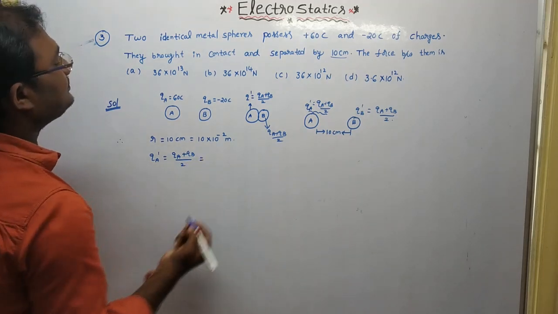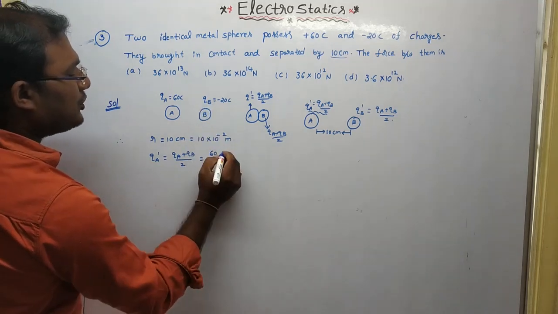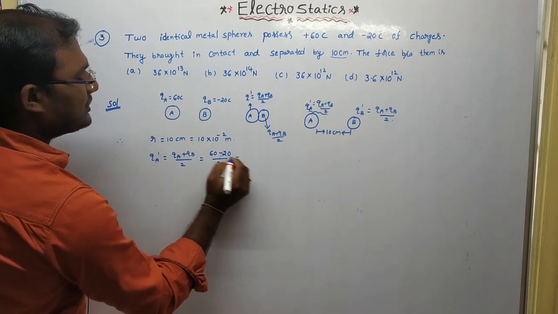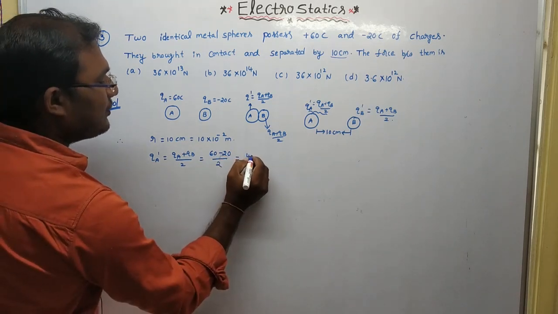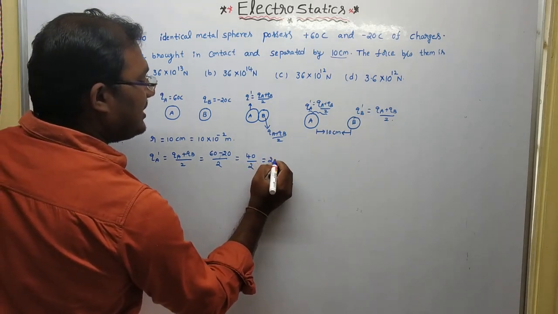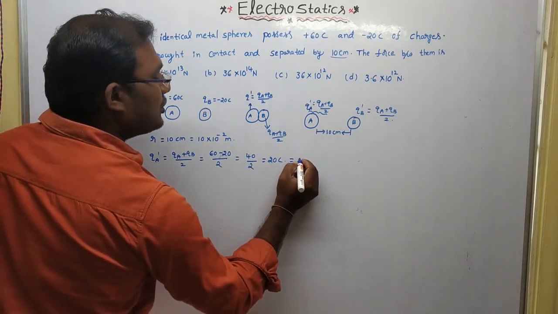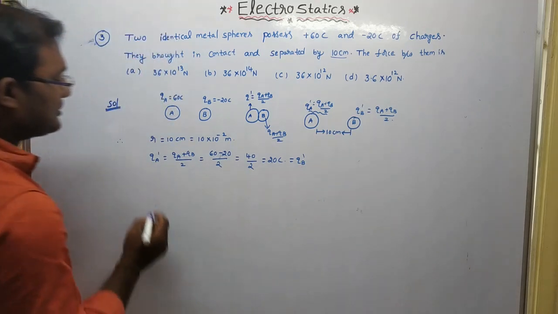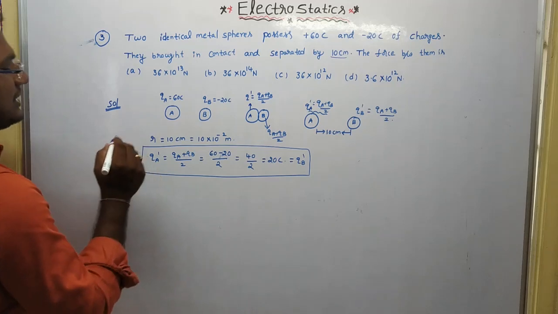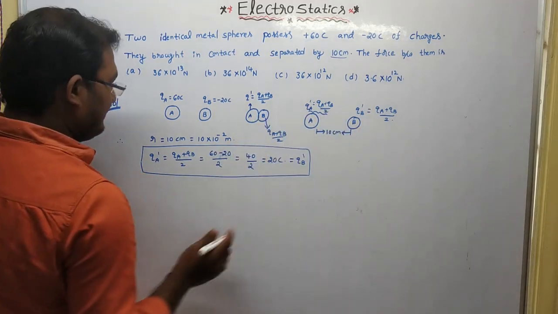That equals QA, which means 60 coulomb, minus QB, minus 20 coulomb, by 2, that equals 60 minus 20, 40 by 2, that equals 20 coulombs, that equals QB dash also. Therefore, the new force between A and B,